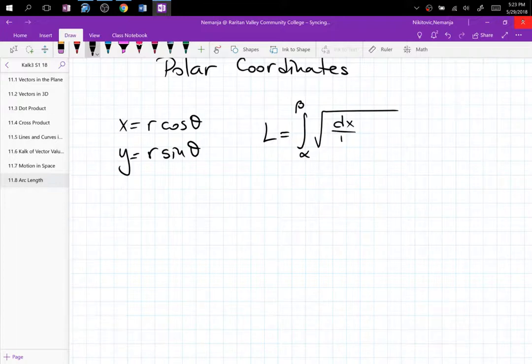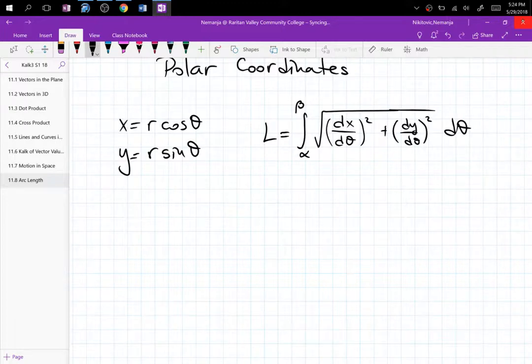dx d theta, and then dy d theta squared d theta. So this is just standard parametric form, but now I'm using angle as a parameter rather than t, like time or whatever. So now all I need to do is to figure out what